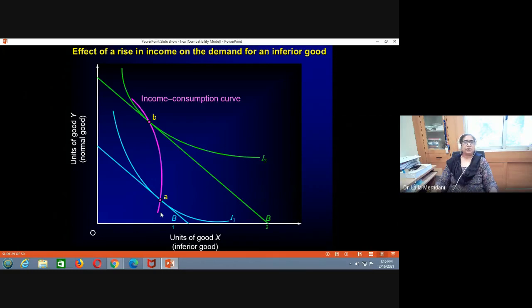Sometimes, when you don't have time and you are very hungry, you may eat with them. But otherwise, you would prefer to go and sit in a good restaurant and have your lunch. Similarly, I have other examples like inferior quality rice. In India, rice is supplied through ration shops to BPL categories of people. Who are BPL categories of people? BPL means below poverty line, those with white ration cards. So they get rice for 2 rupees per kg.